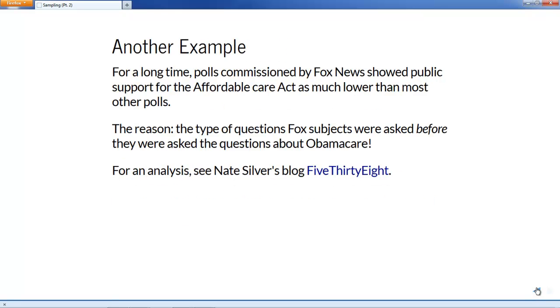Here's another example that's worth reading about. For a period of several years, some polls that were commissioned by Fox News showed that public support for the Affordable Care Act, the Health Reform Act, were much lower than most other polls. So, what was going on with Fox News? Why were their poll results showing much lower public support for the Affordable Care Act than all the other pollsters out there? Turned out that the reason was that at Fox News they were asking a whole series of questions